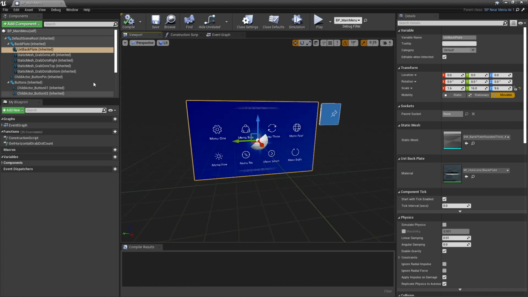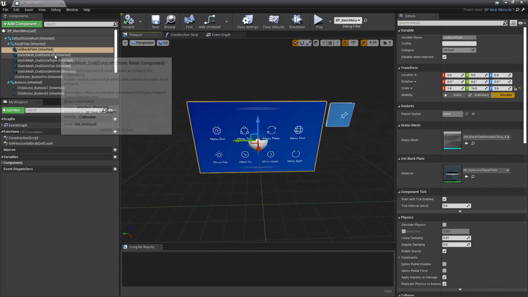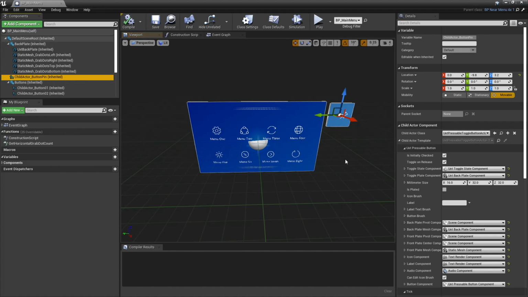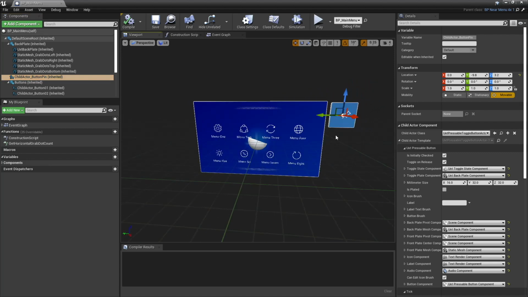And this menu contains a few components such as a backplate, which is this blue background that our buttons sit on. Some grab dots just indicate to the user this is a grabbable surface. And then we have this button. So this is a toggle button, and it allows us to pin and unpin the near menu.